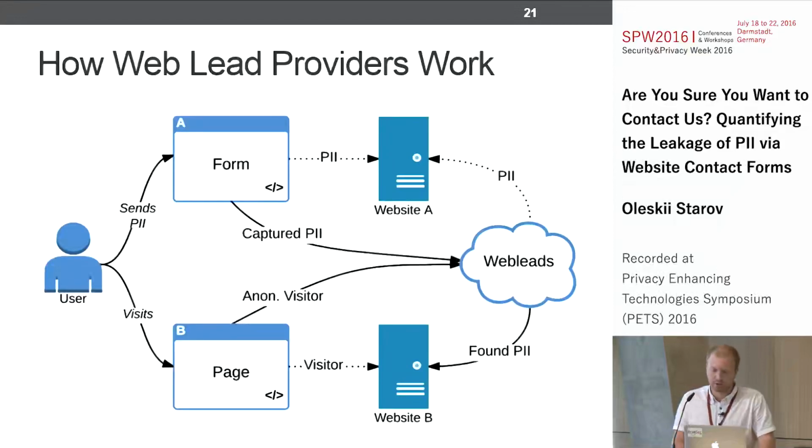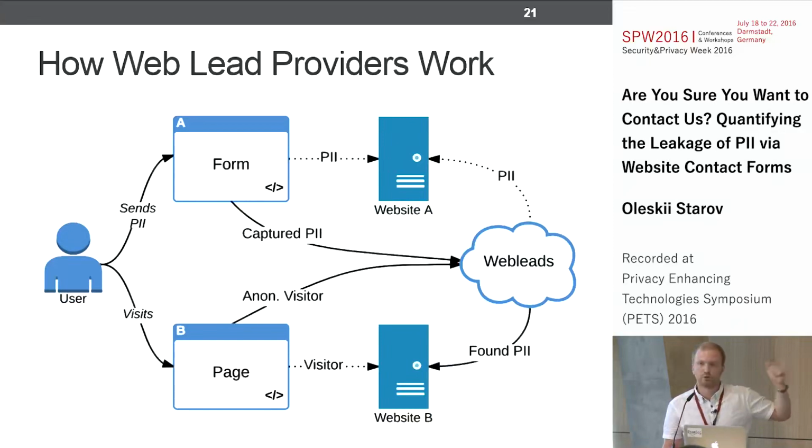So let me explain how that works. For example, we have some web-lead provider that has a network of customers. Suppose website A and website B are both customers of this web-lead provider. Then when a user visits website A and submits a contact form to this website, the PII is captured and sent to the web-lead provider.